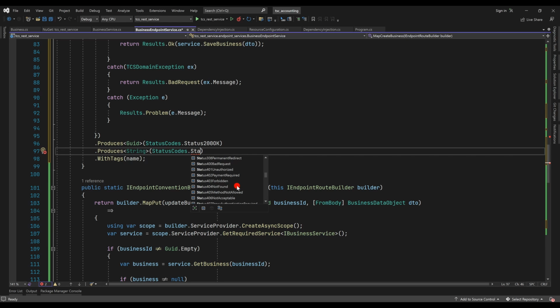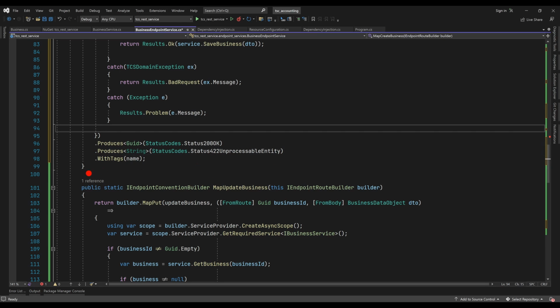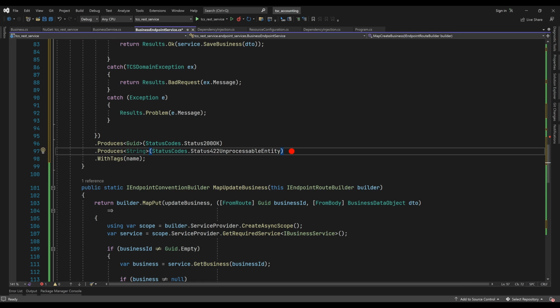Let's use the status 422 as usual. That is good enough. That tells the user it's an unprocessable entity. I think I like that a lot, and that is good. And the next type of response we can get